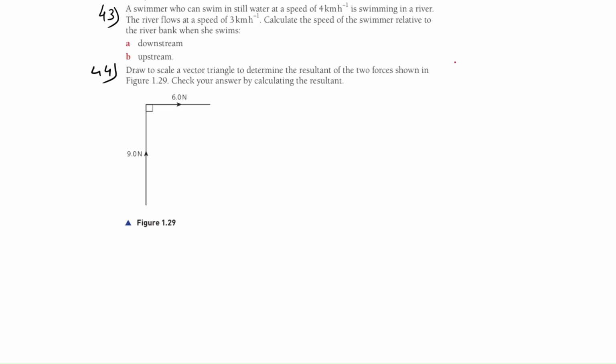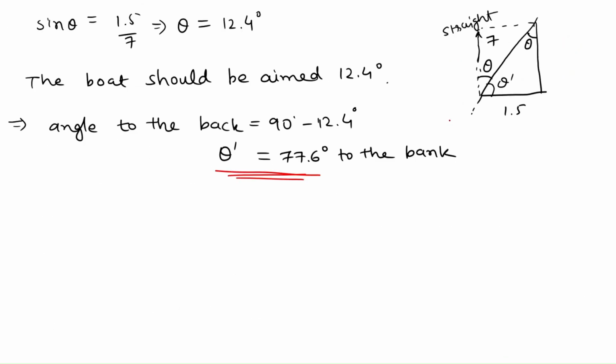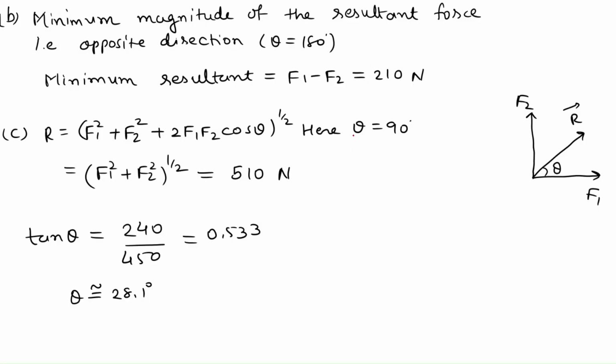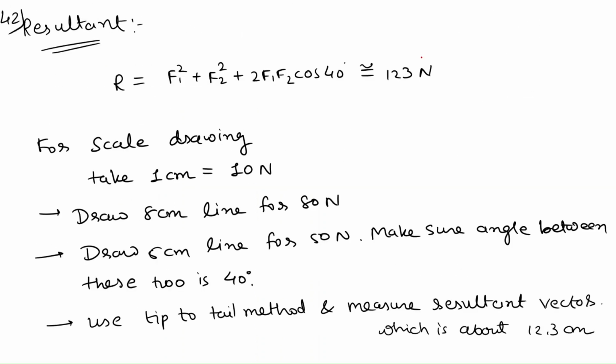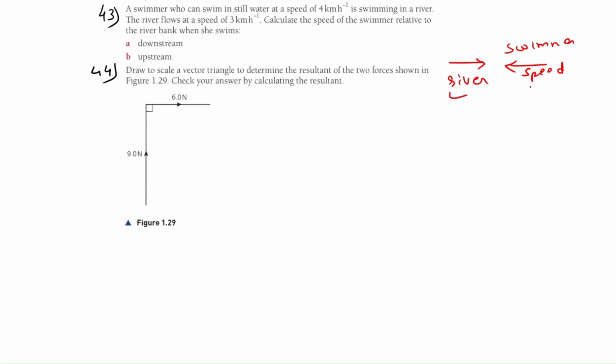So for upstream, the river direction is like this. You can say river speed, and the swimmer speed is like this. Okay, they are both opposite. In our previous questions, here I mentioned opposite direction. They are vectors, reverse vector quantities, velocity and speed. So if we have to find the resultant,